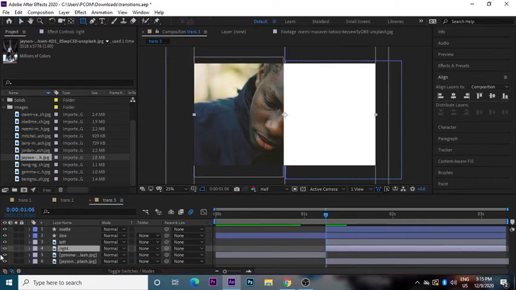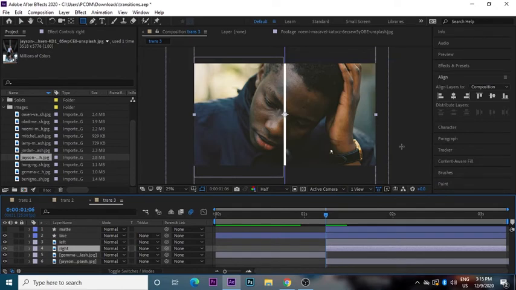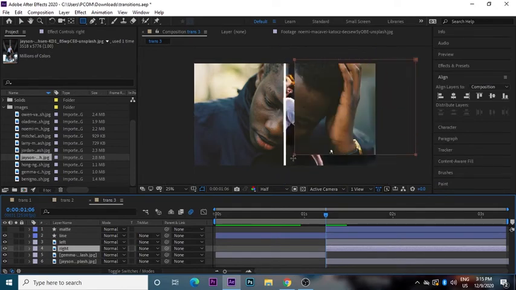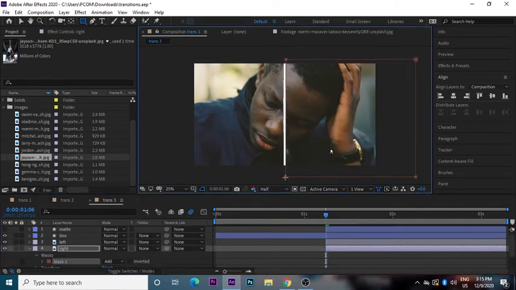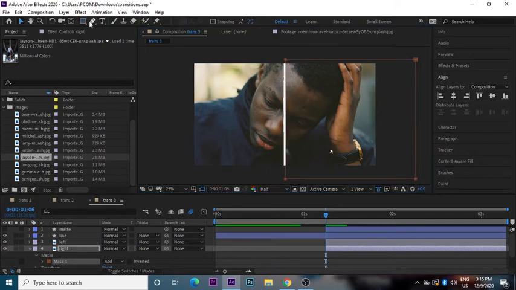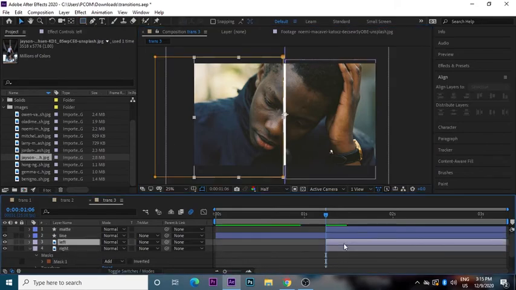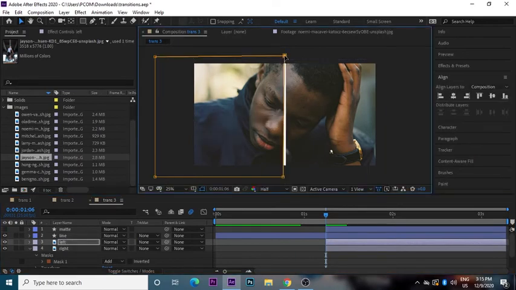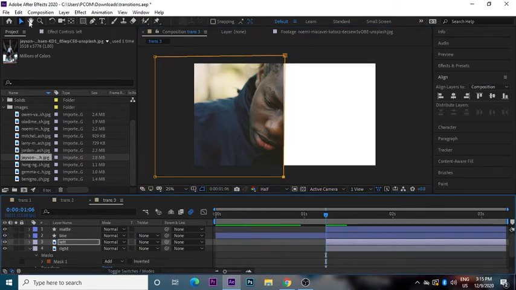Just hide the visibility of the matte and make this mask something like this. So now we have two masks which cover the whole image, and a minor adjustment to have the layer completely covered. Now again turn on the visibility of the matte.